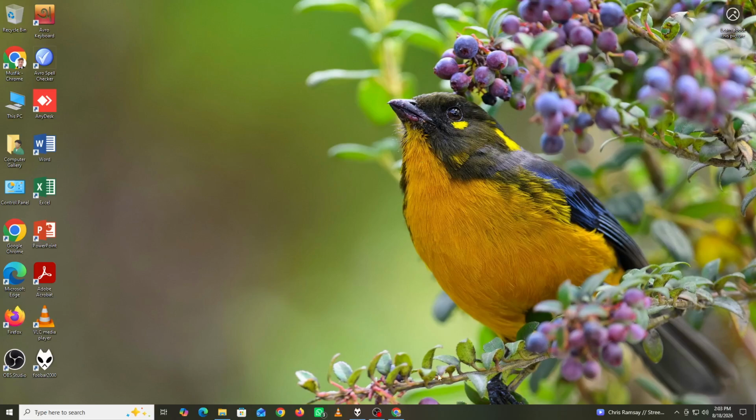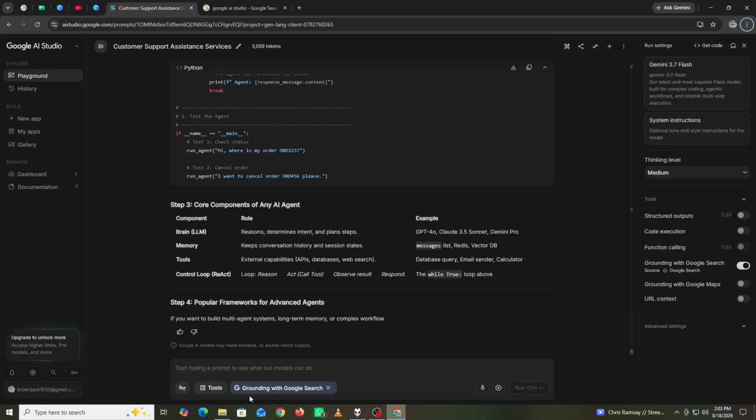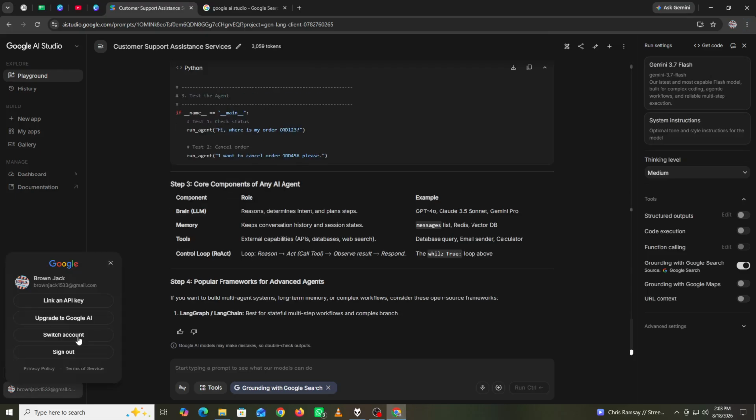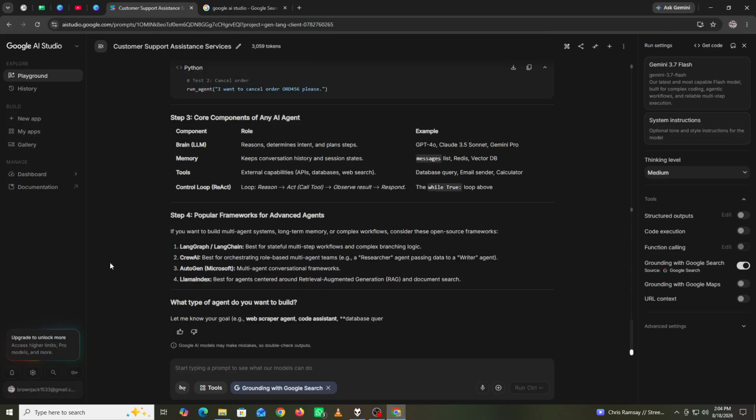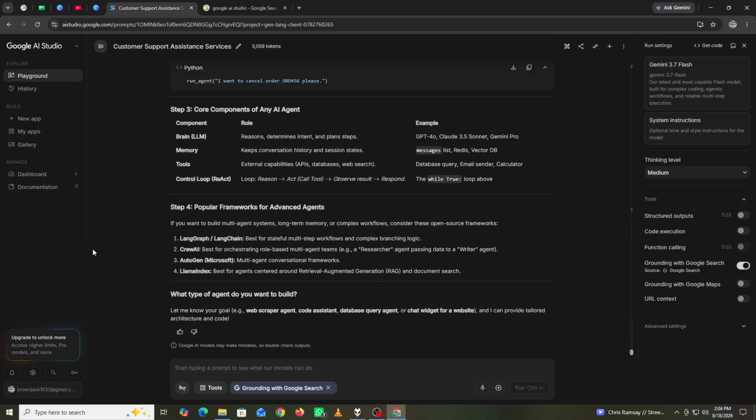First, open Google AI Studio and sign in with your Google account. To use the Gemini API in Google AI Studio, start by opening a project where you want to experiment with Gemini models. Google AI Studio provides a convenient environment for testing prompts and exploring Gemini capabilities before integrating them into your own application. Start by selecting the Gemini model that fits your project, then create a prompt and test how